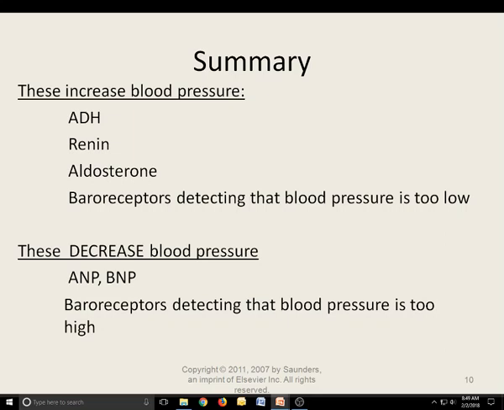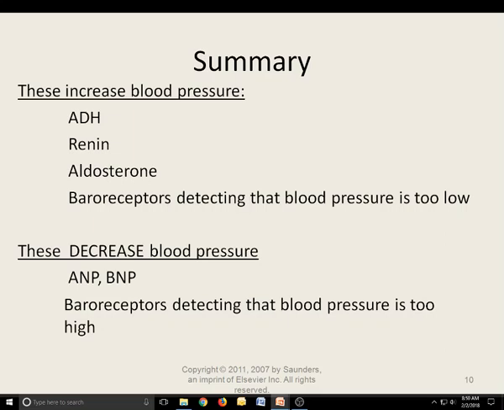So in summary, there are hormonal mechanisms that control blood pressure. There's also nervous mechanisms that control blood pressure. The mechanisms that increase blood pressure include the release of the hormone from the posterior pituitary gland, ADH, the release of the hormone renin from the kidneys, the release of aldosterone, a hormone from the adrenal gland,